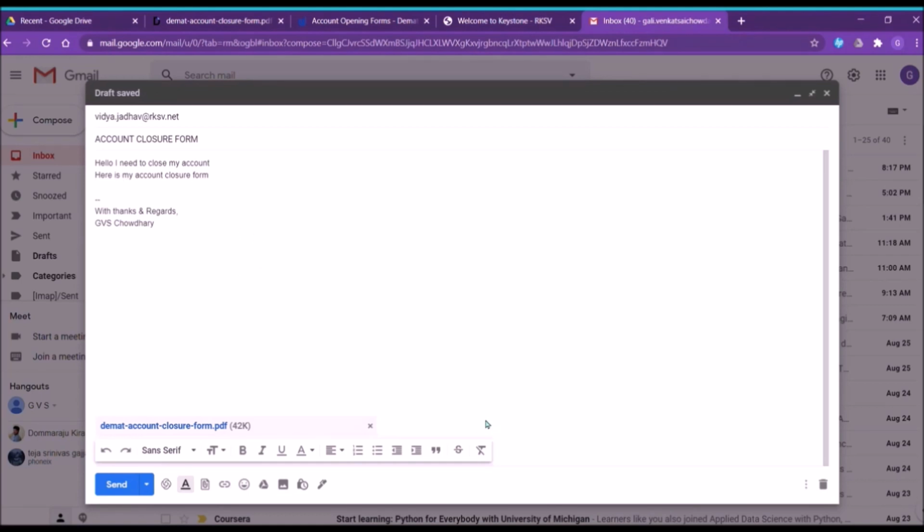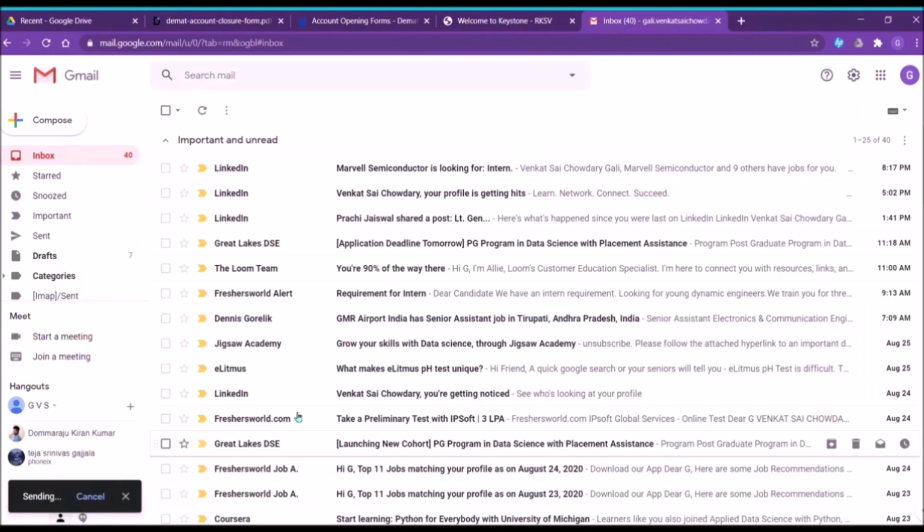So I mailed my document with my postal details to Upstocks' mail ID.